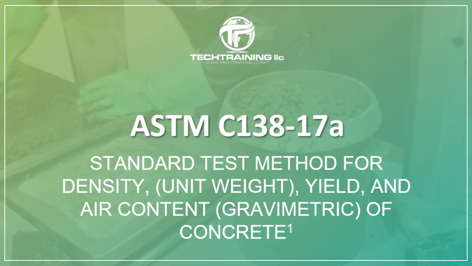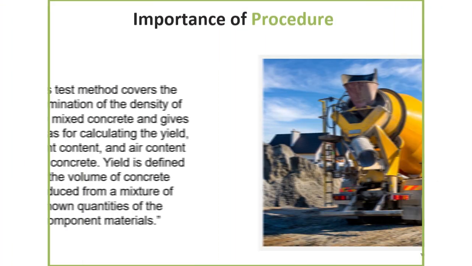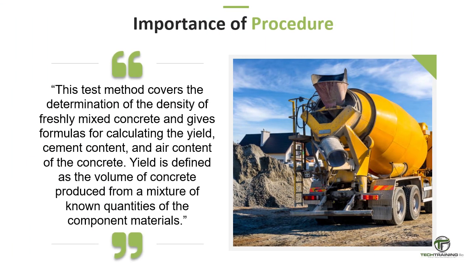ASTM C138 is the standard test method for density, unit weight, yield, and air content, gravimetric, of concrete. This test method covers the determination of the density of freshly mixed concrete and gives formulas for calculating the yield and final cement content. Yield is defined as the volume of concrete produced from a mixture of known quantities of